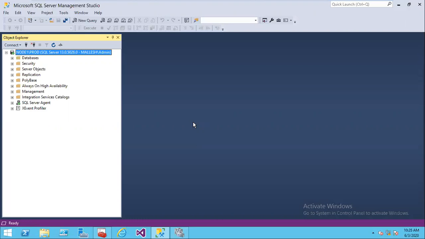fail over the current primary replica to the secondary replica. Once failover is done, the node 1 server, in our case, will work as the current secondary replica, because after failover the roles change. Primary became secondary, secondary became primary. Apply the patches on the current secondary, reboot the server, and go back to the current primary replica and change